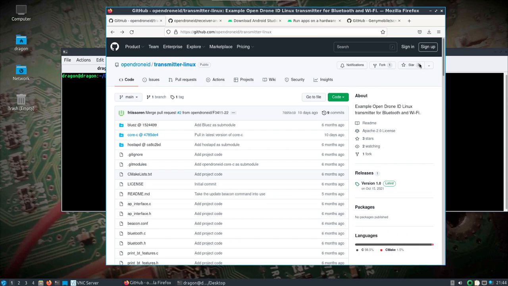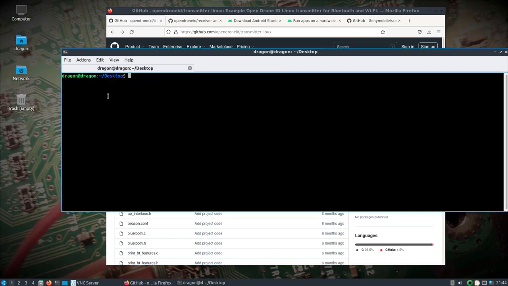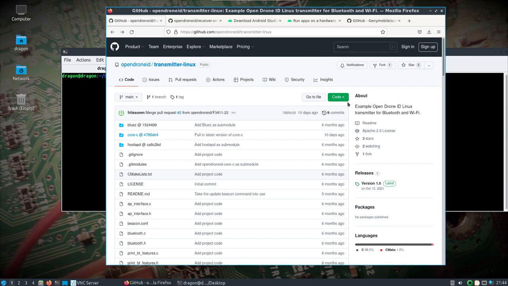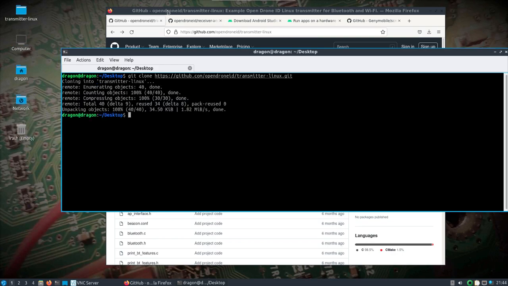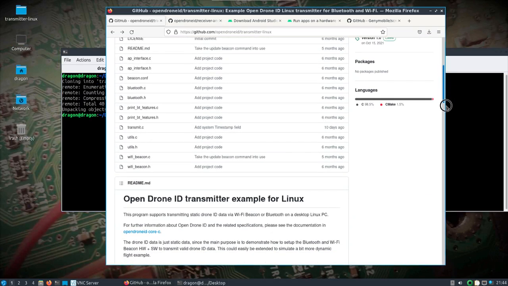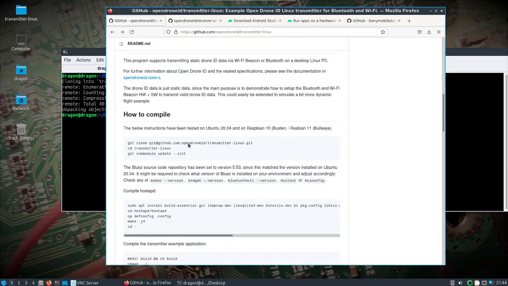So I've got a couple tabs open here. We'll start with this transmitter Linux, and we'll do it right on the desktop here. So this is for both Bluetooth and Wi-Fi, a transmitter for this OpenDroneID. So one thing I did notice, and I guess we'll learn a little bit about Git in the process here. When I pull this down, if you look at the directions, I want you to get the submodules,